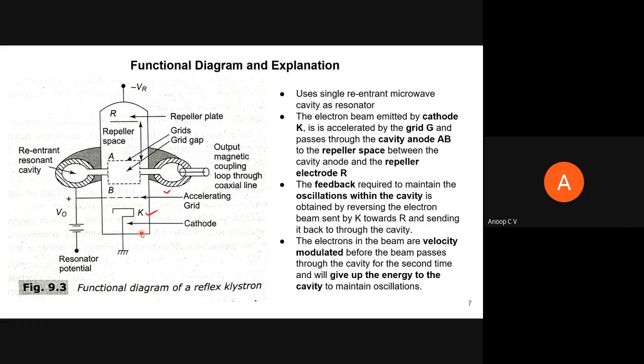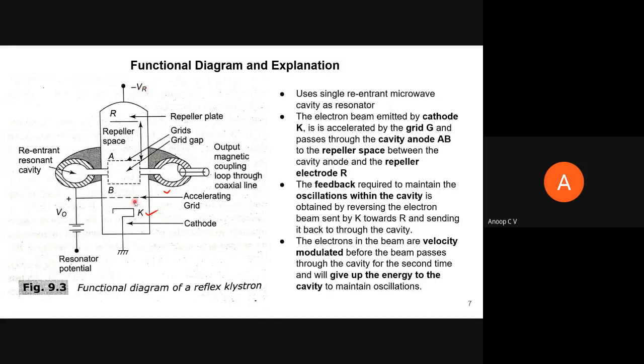So normally we used to have an anode. That anode will be given a positive potential, so that the electron beam constitutes a current, right? But in this case, instead of an anode, we have a repeller. As the name suggests, it is meant to repel back the electron beam which is entering this repeller space, right? So it is given a higher negative potential compared to the cathode. This repeller voltage is what you will adjust in your lab. You will adjust the repeller voltage to get the output. So we'll see when you study how it works.